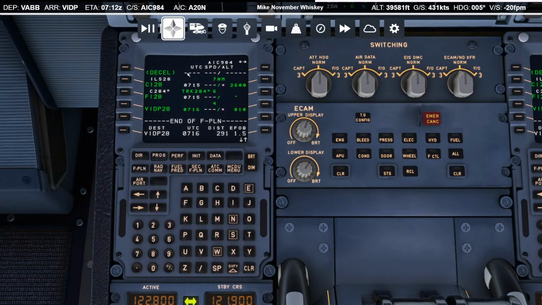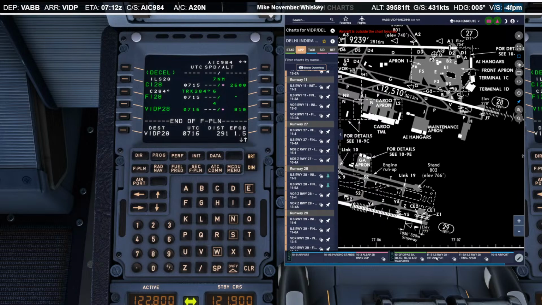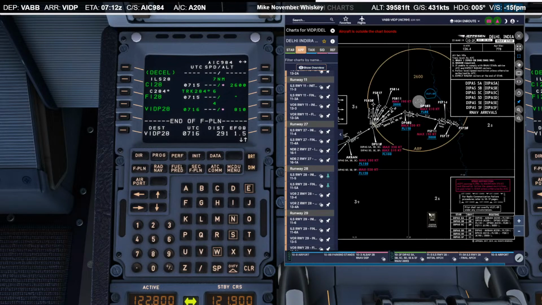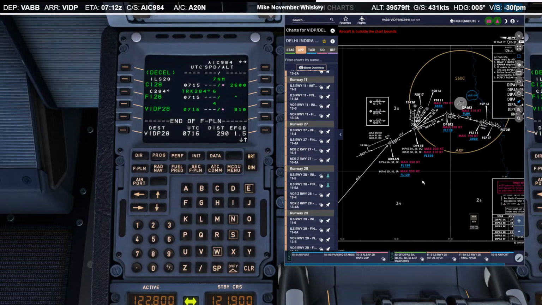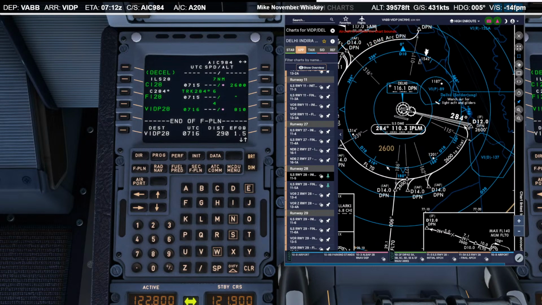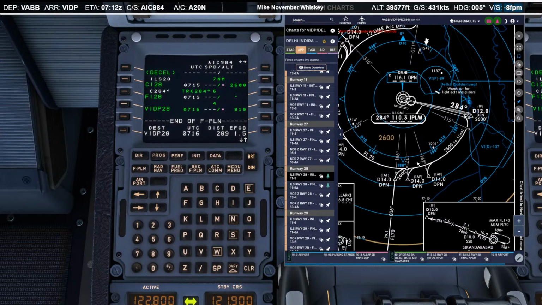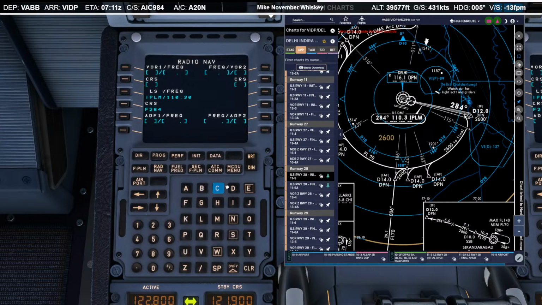Let's check the VORs we might need, actually. Don't we need any for the STAR? Oh, we can put the Delhi VOR in, because the distance is all measured to the Delhi VOR. So the rad nav, we'll put in DPN, Delta Papa November.